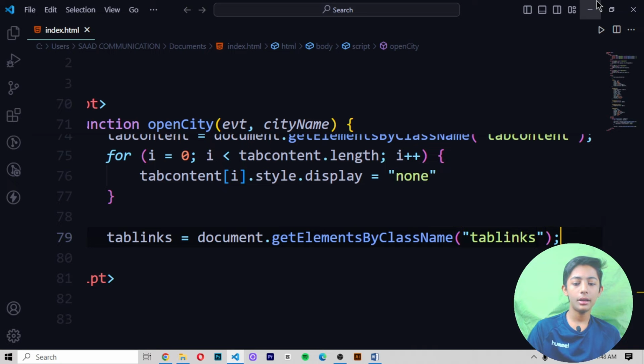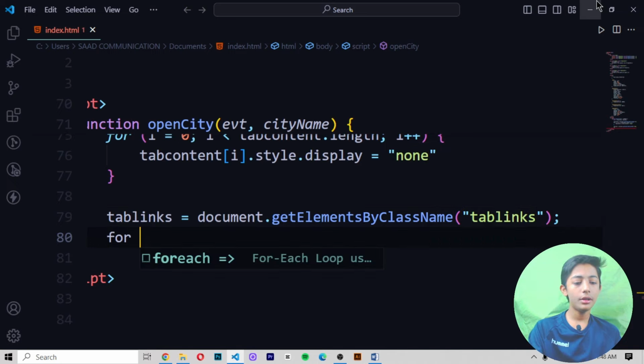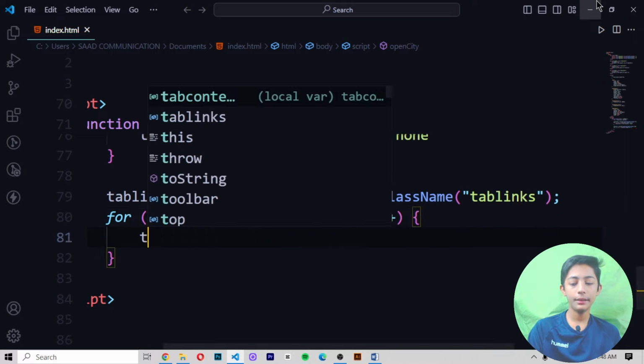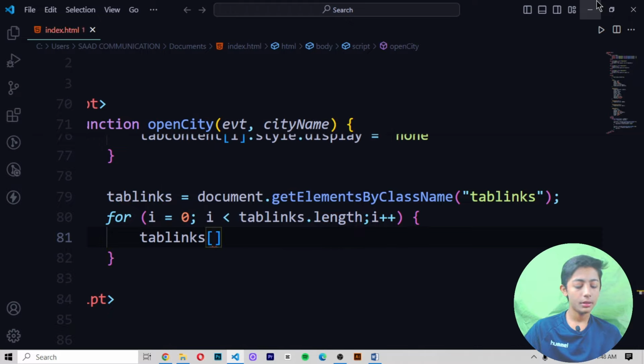Write it here, like for i equals 0, i less than tablinks dot length, then i plus plus, and then tablinks i dot className,